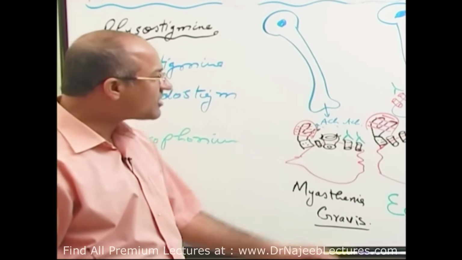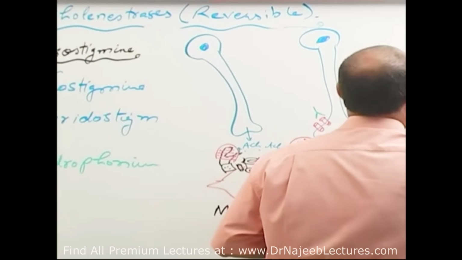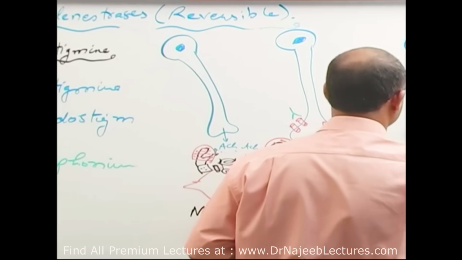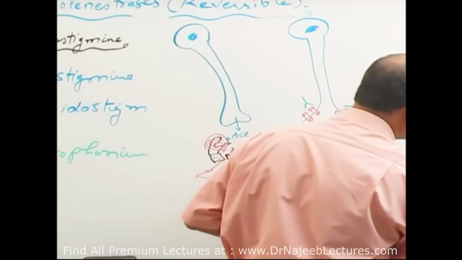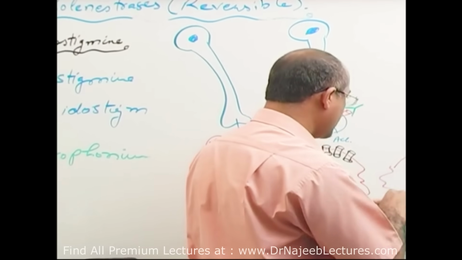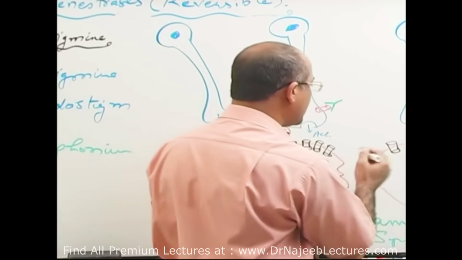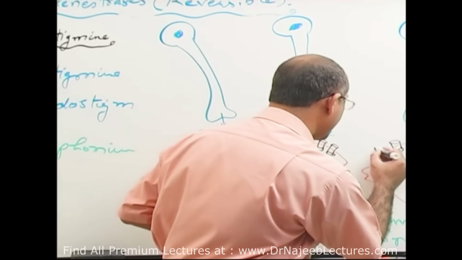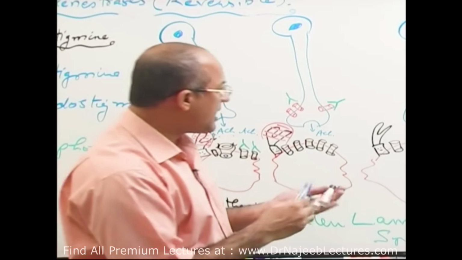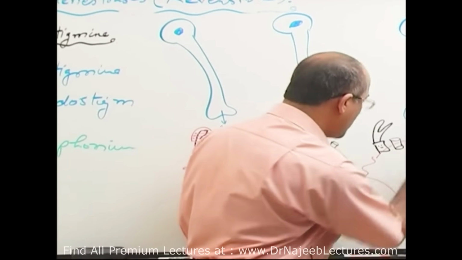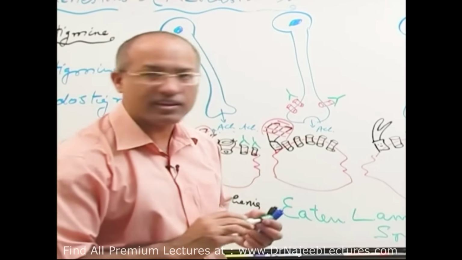Is that right? Another third condition where we can use this drug is in toxicity of tubocurarine. You know tubocurarine? Suppose this is another muscle, and here are these channels. What are these channels? Cholinergic nicotinic channels. And here is your friend. Who is that? Acetylcholine esterase, and acetylcholine is coming here, but tubocurarine may be blocking some of these channels.